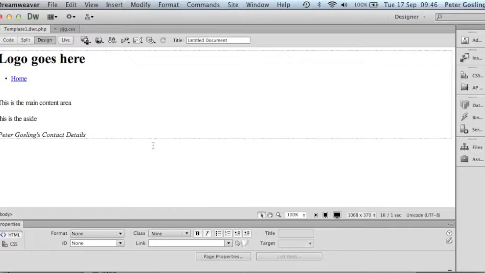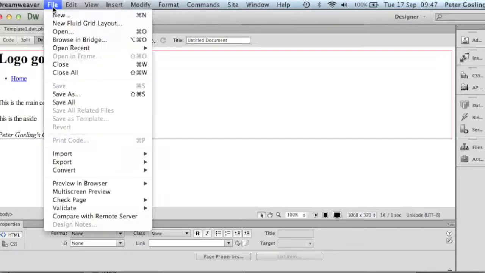CS6 tutorial, creating our first file from template. So now we've got our template sorted a wee bit. Now what we want to do is to create our first file. So we go to File, New,